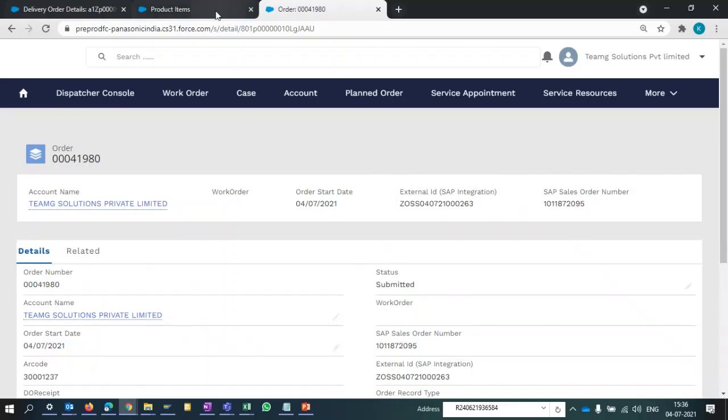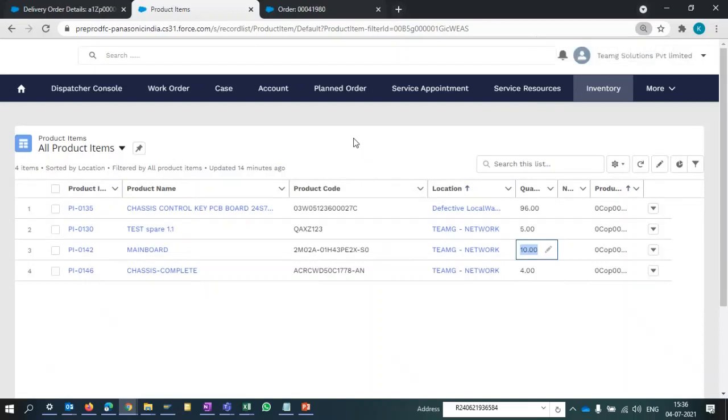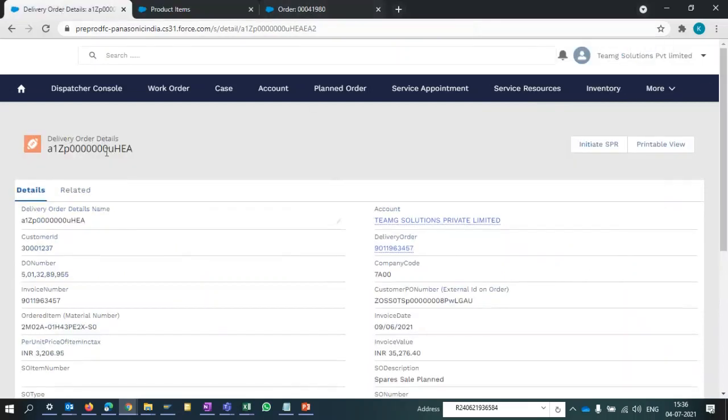Let me go through the SPR process, which I was discussing, right? Okay, so to initiate the SPR in CRM, earlier in current CRM, what is happening? You have to create a SPR header, then you have to add a part line in the SPR. Then you have to attach the necessary documents. Then you have to click on submit. ठीक है? Current CRM में अभी आप क्या करते हैं? अभी आप पहले SPR create करने के लिए उसका एक header create करते हैं. Then you add a part line in the SPR. Then upload the documents and submit.